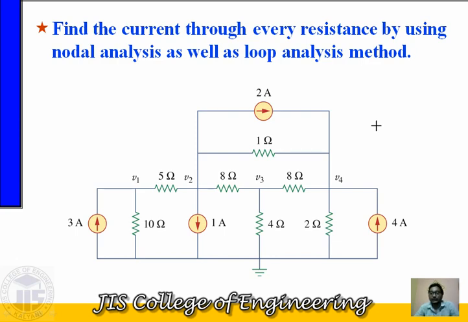Whatever method you are using, it doesn't matter. Suppose you are going to find out the current through this 4 ohm resistance. If you are using the nodal analysis method, whatever the current will be, and again if you are using the mesh analysis method for the same problem through this 4 ohm resistance, the current will be the same. It will always be. This is your home assignment. I think you will try this circuit and you can answer this problem. So just redraw the circuit and try to solve it.